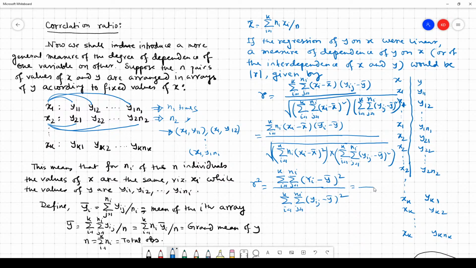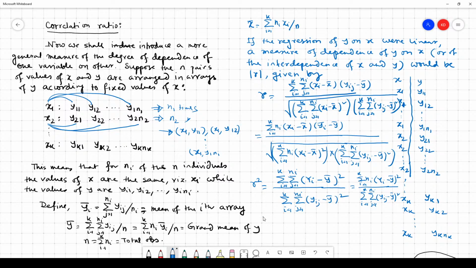This is simply written as sum over i from 1 to k of ni (Yi minus y bar) whole square over sum over i from 1 to k, j from 1 to ni of (yij minus y bar) whole square,